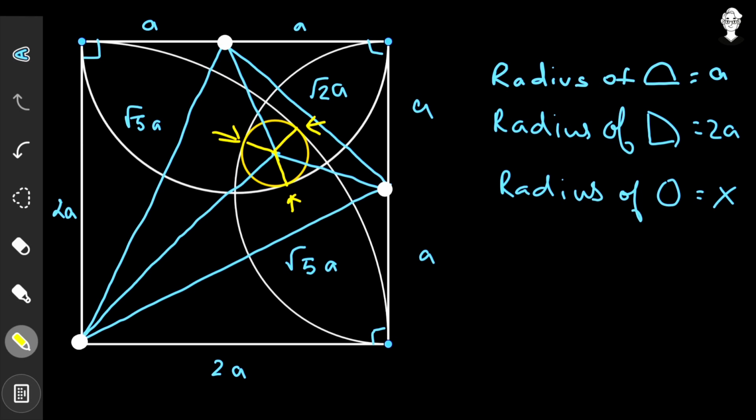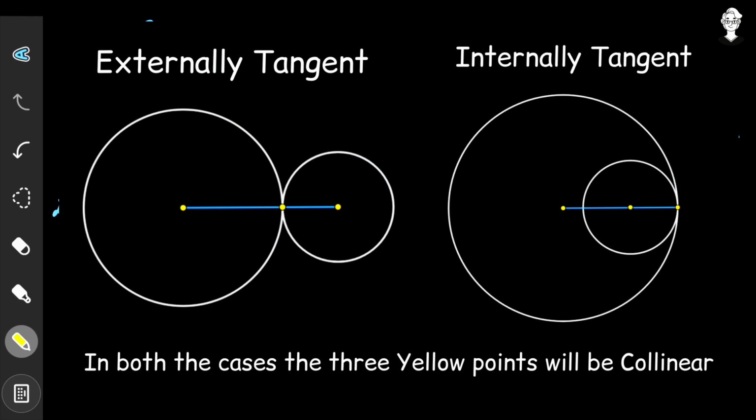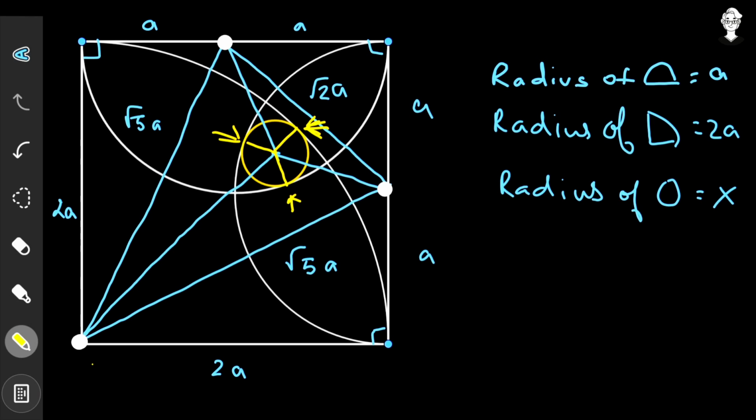And as per this particular theorem, if two circles are tangent either internally or externally, the centers of the two circles and the tangent point are going to be collinear. So here also the same thing will be utilized. Now from this particular point to this particular point, it is the radius of this quarter circle having a value